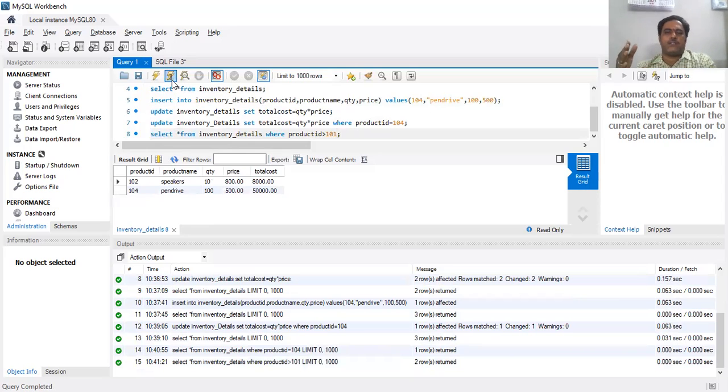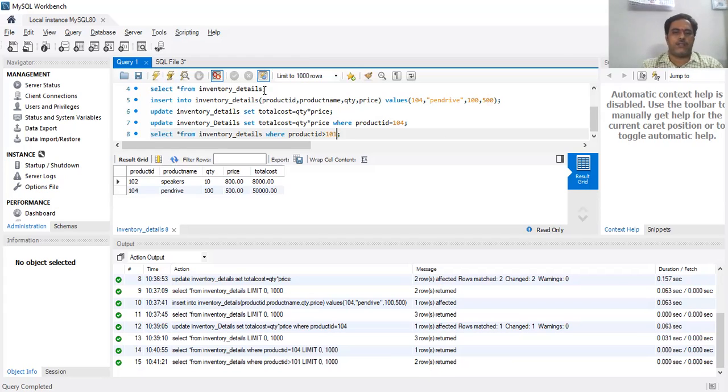In this way, you can change the condition: equal to, greater than or equal to, less than or equal to, not equal to. Whatever condition you want, you can apply. And moreover, you can apply two conditions at a time also. How, sir? If you want to check two things, for example, product ID greater than 101 and quantity also greater than 500. Here I'm using two conditions. First it will look for the records whose product ID is greater than 101, and also it will search for the records whose quantity is more than 500. So those records only will be displayed.